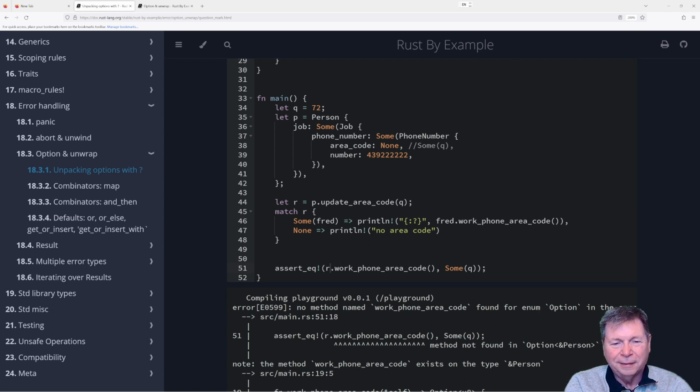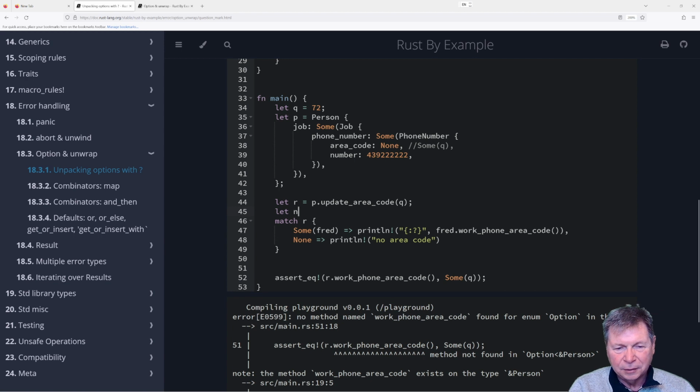So, all right, I get it. R is the bundled option. We want to extract it, so we do the match thing, but all we did was a print. So what I want is,